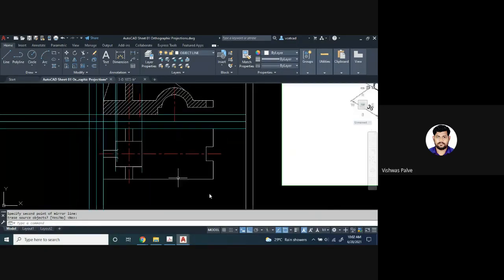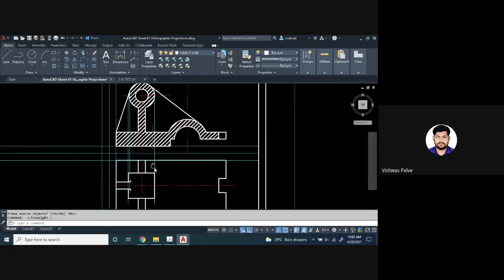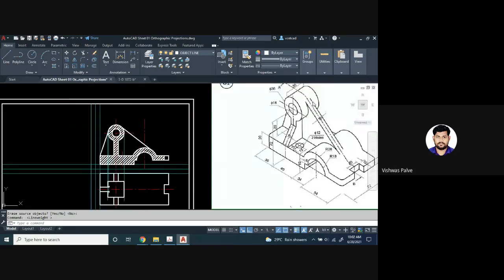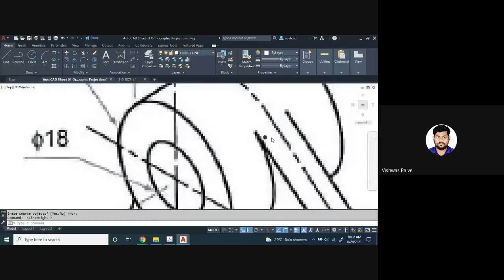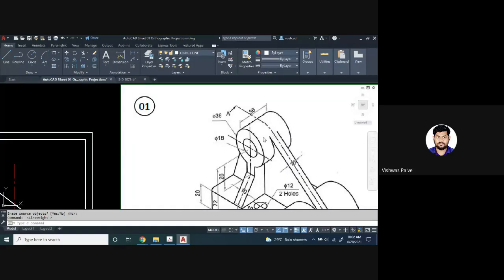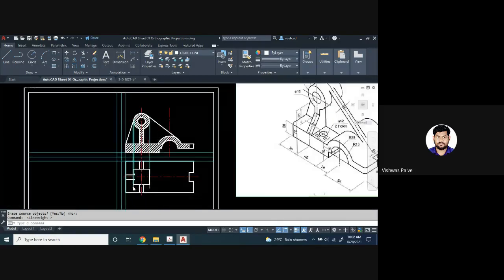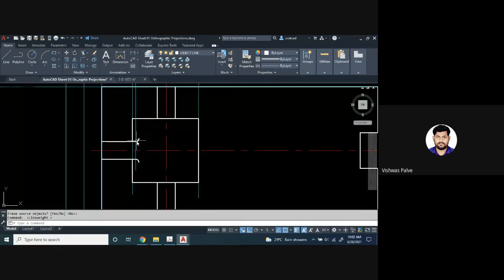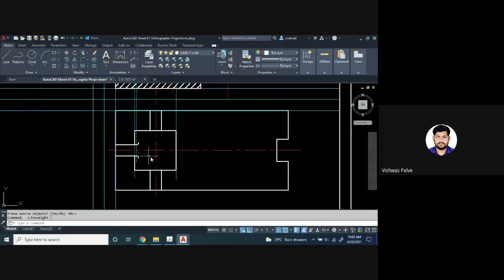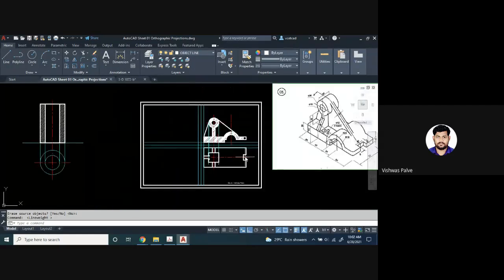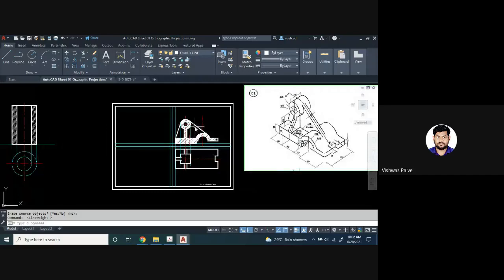Okay, so this is representing that this curve, right? You can see here, this is not forming an edge, it is merging smoothly on the cylinder. So whenever there is a merger, you have to show this curve portion, so it will be identified that it is just a smooth merger. Now similarly, we have to show it for this rib also.